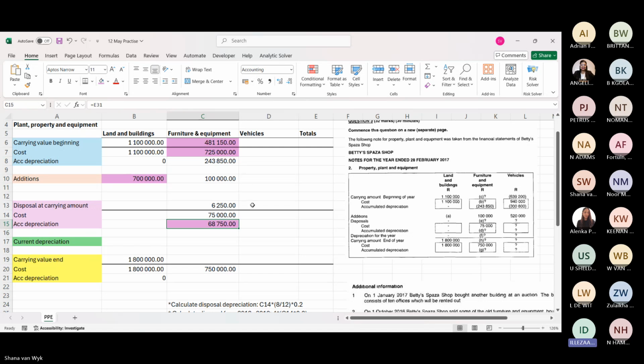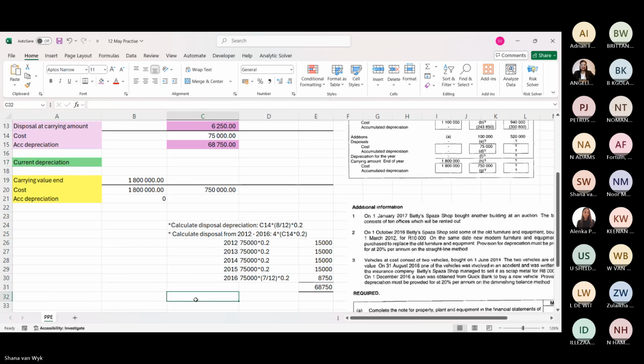So you cannot go back and just subtract the accumulated depreciation from the cost price, and then just work out the difference? No, we have to work it out, Miss, because how are you going to know what the accumulated depreciation is when you sell it in year 10? I'm sorry, so you're trying to determine the accumulated depreciation. Oh, I'm sorry, I missed the question. I thought you wanted to determine what the value was when you sold it. Okay, sorry about that.